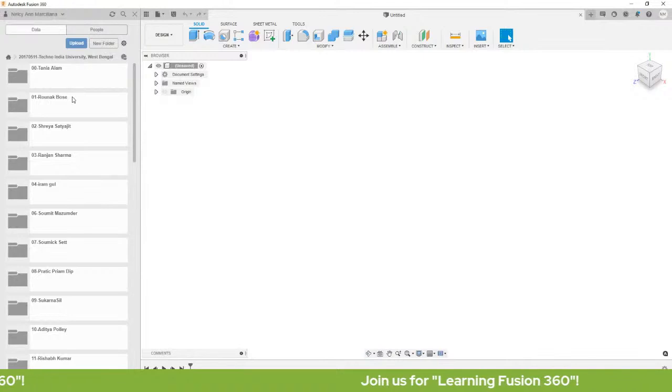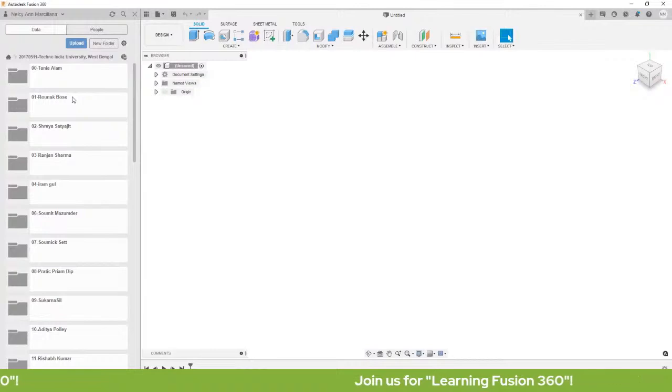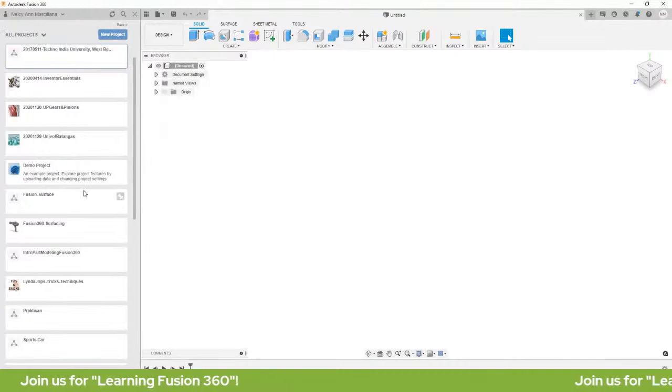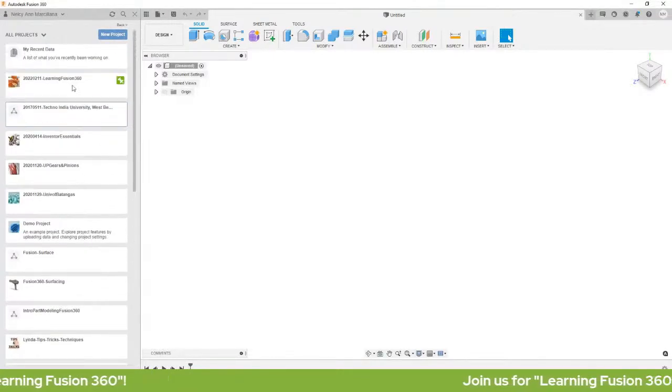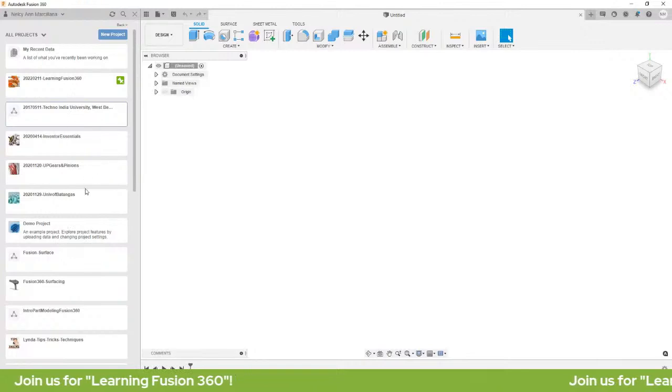In the data panel, we can access our teams, projects, designs, and design data, and collaborate with others. This is where that happens in our data panel. If you are a first timer, possibly all you have is recent data and the demo project.